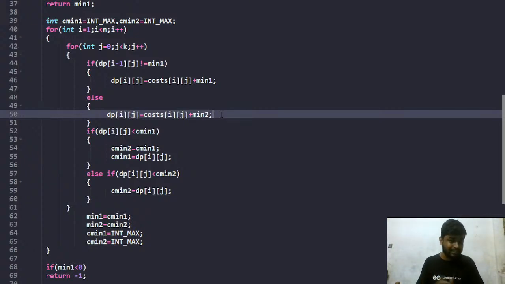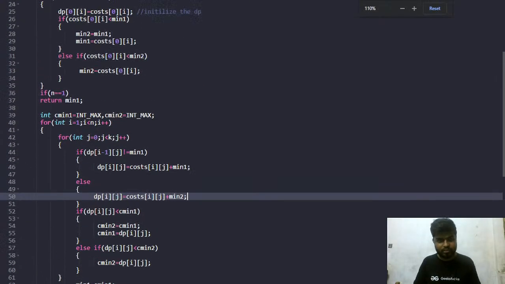Okay, using the DP thing. Is it clear to everyone? Clear with this part? You can write yes in the chat, guys. So that's how you have to solve this problem. You can take a screenshot of this if you want.